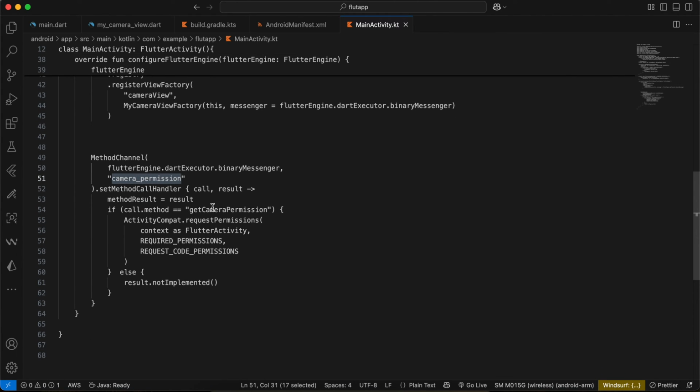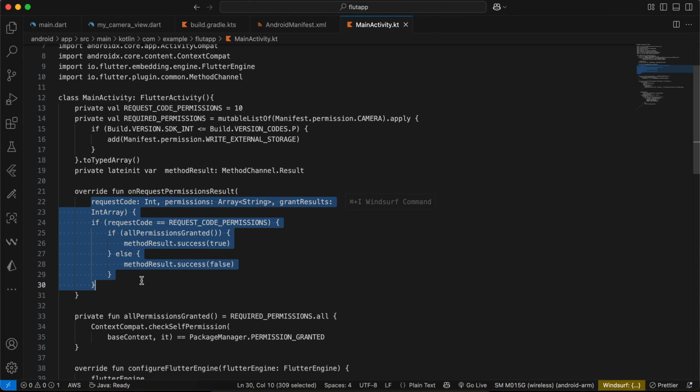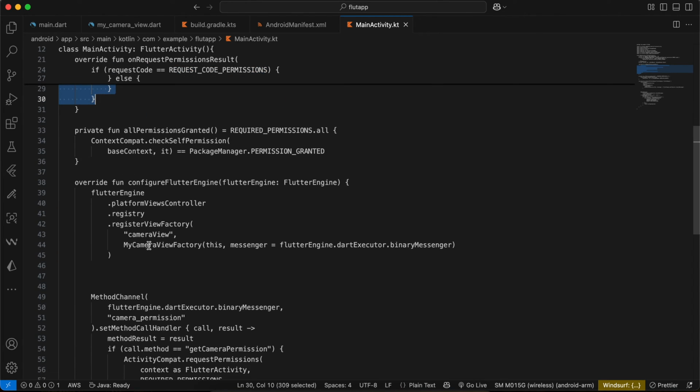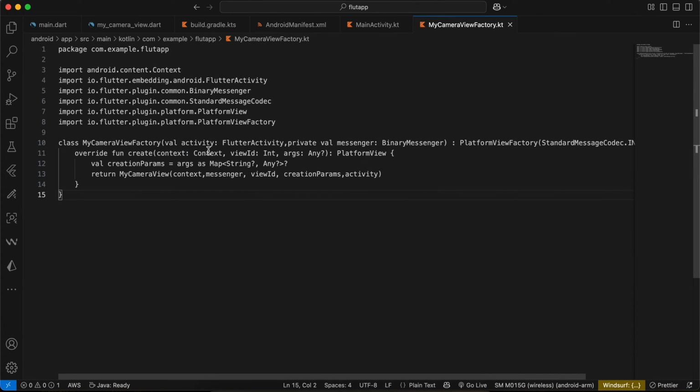So as soon as you ask for the camera permission, we display the pop-up using this particular bit of code, and once the user grants the permission, automatically this part is called. So here you can see in registering our view, we call this my camera view factory. So here we have this my camera view factory. Again, this is boilerplate code which you have to write every time you want to embed a native Android view